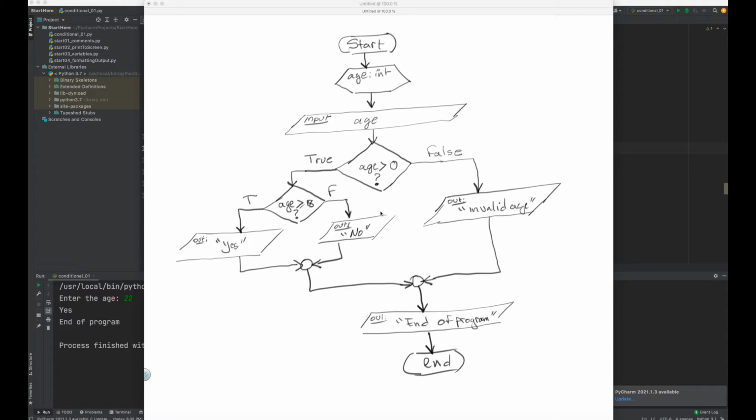Let's start with the flowchart. So I will erase the initial if statement right here, rearrange it. So let me just get the eraser. And rearrange this in a different way. Make it a little bigger because the sentence might be a little longer. And just put a much larger diamond shape. And I'm going to compare is age